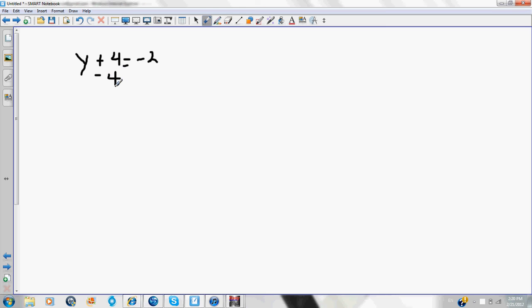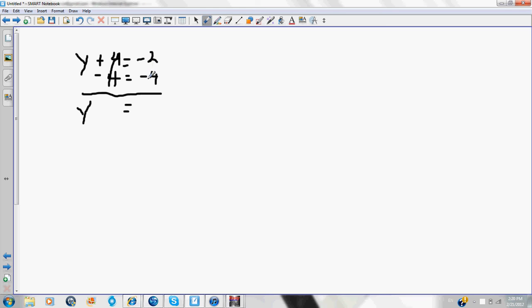Okay? And we put our equal sign, keeping it lined up with the other one. And since we did minus 4 on this side of the equal sign, we've got to do minus 4 on the other side as well. Draw the step line. We bring the y straight down, so there's nothing underneath it, so it just comes straight down. We've got y. The positive 4 and the negative 4 cancel each other out, and we put equals, and we've got negative 2